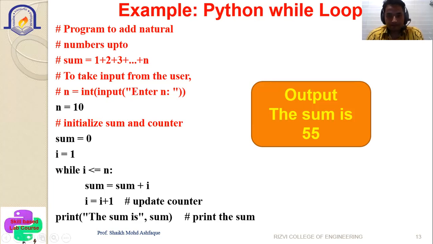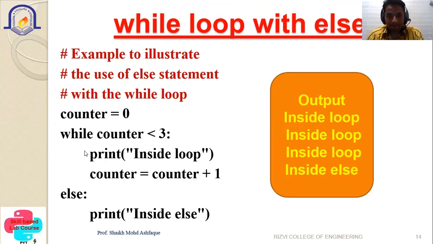Next is the while loop, which is also used along with else. The only difference is that at the end you have to write else. Whenever you want a statement to execute after the while is complete, you can use that else part. Write the while condition, colon, then press enter, indentation mark, and write whatever you want to print. Then else, colon, then print. Once the condition becomes false, the else part will be printed.